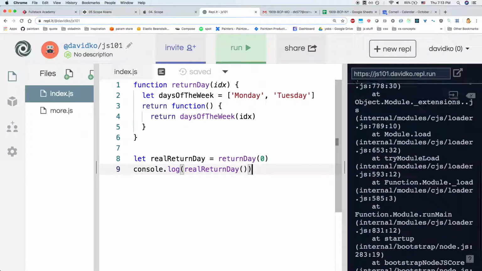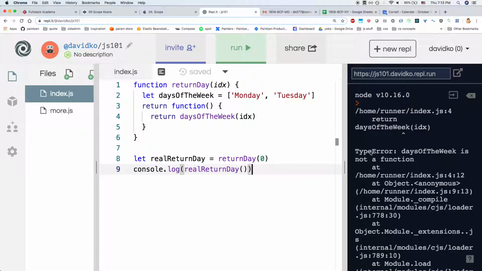Damn. Return days of the week. Days of the week is not a function. Oh. This is an array, so I just try to call it, but